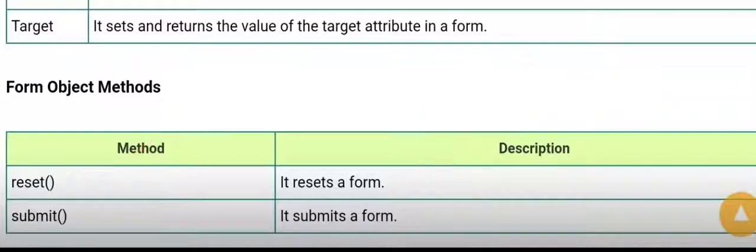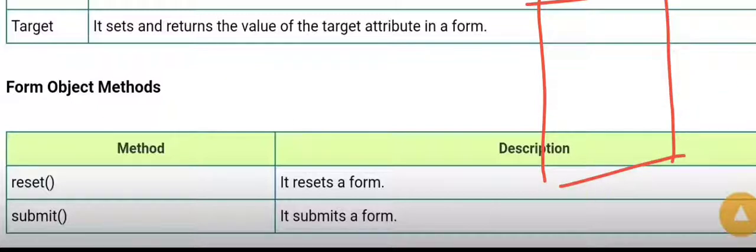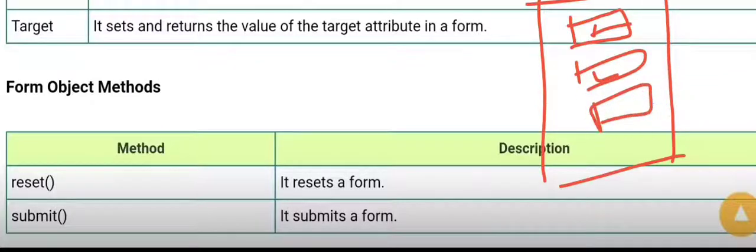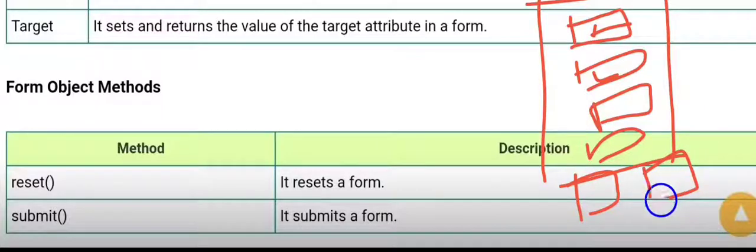So for example, here it is a form, and here is my data, some form elements: first name, last name, date of birth, etc. Then at the end we have one reset and another one submit.